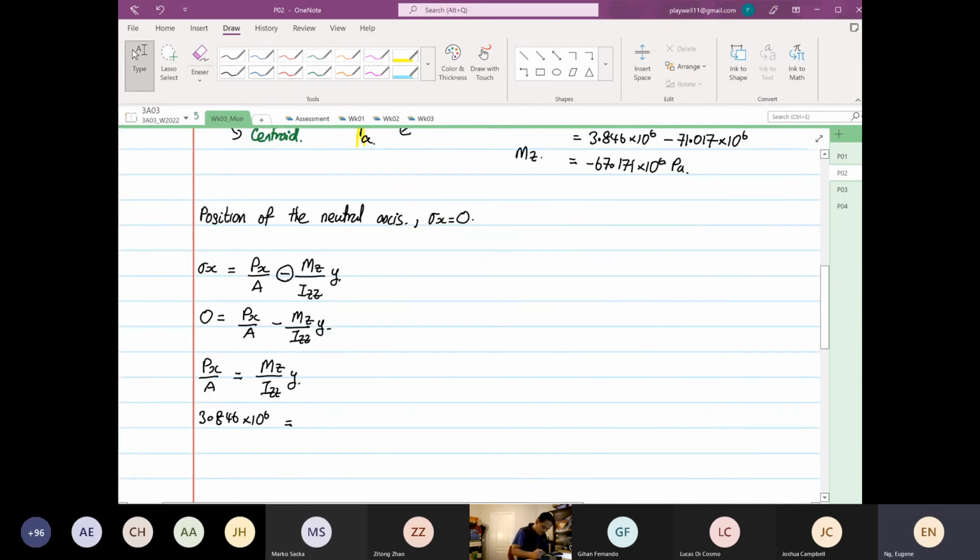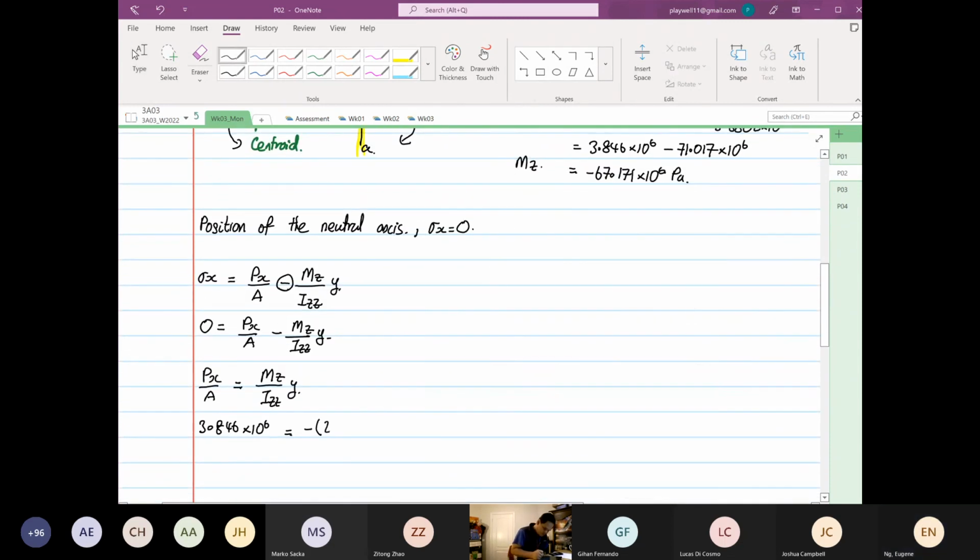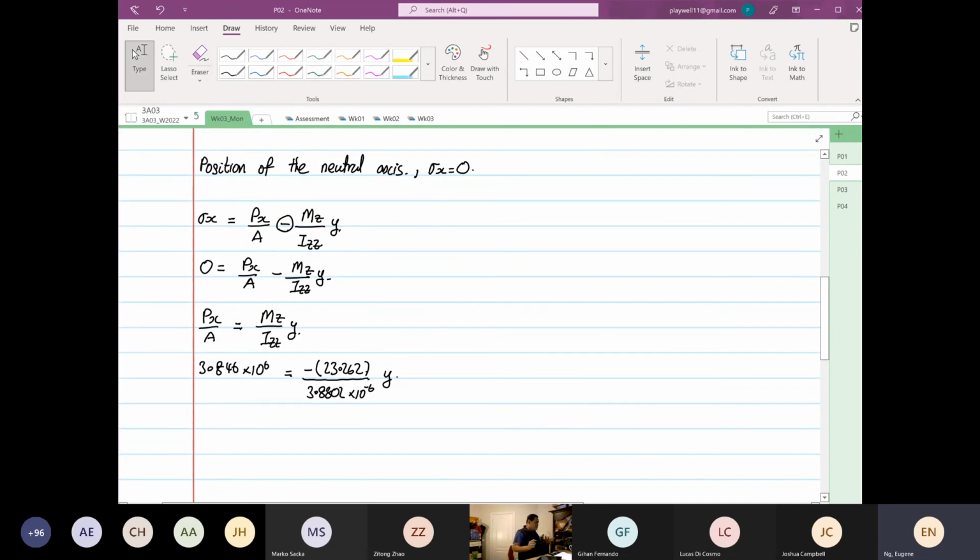So now you have minus moment about Z, which is 23.262, divided by I_zz. I forget what our I_zz is, 3.8802 times 10 to the power minus 6, and then you multiply by Y. Y is the shifted position, the actual position from your centroid. So Y will be equal to 3.846 times 10 to the power 6 times 3.8802 times 10 to the power minus 6 divided by